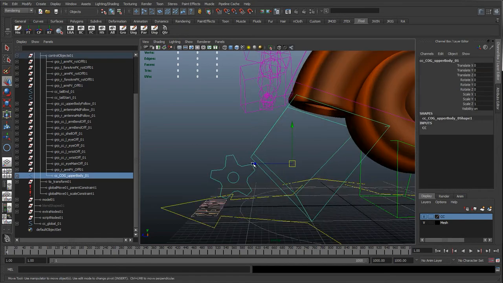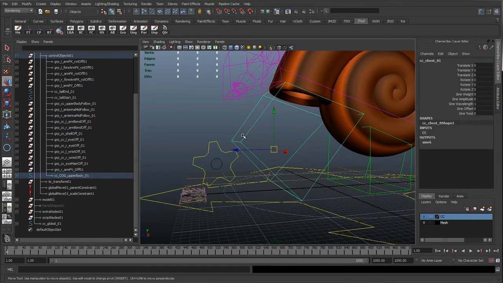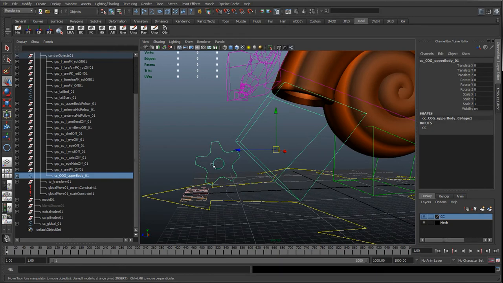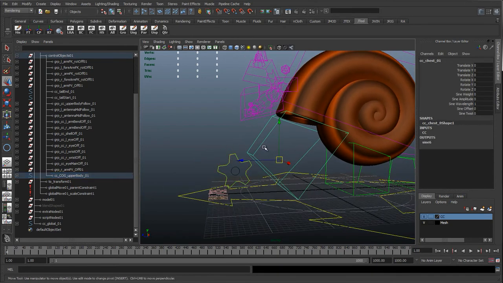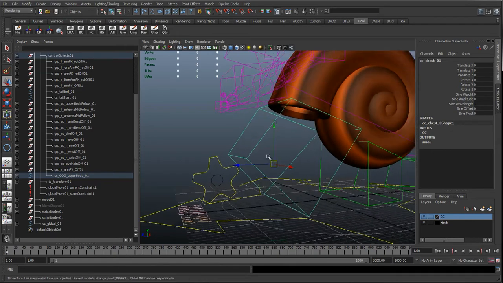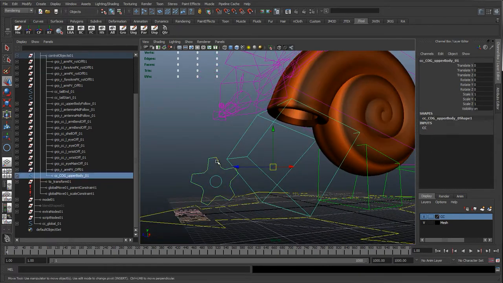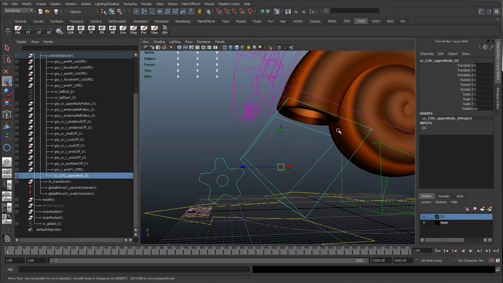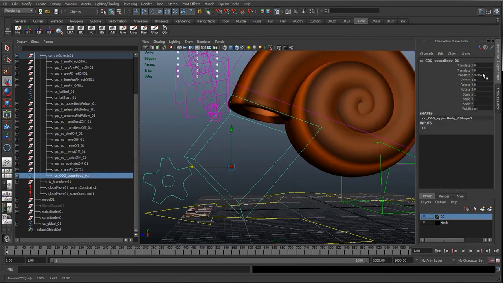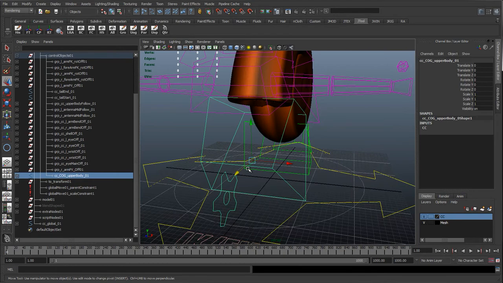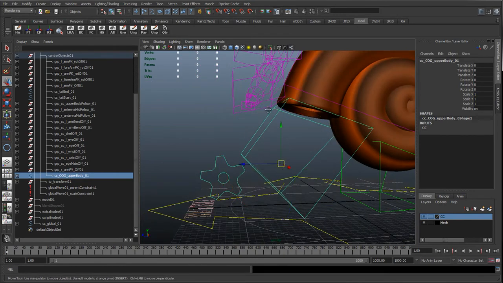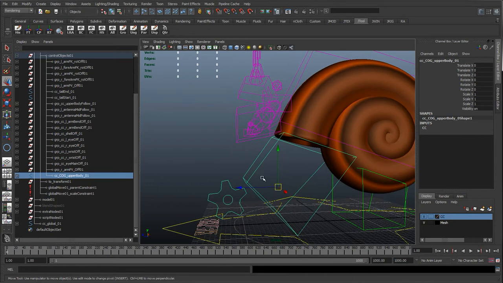So the reason I've parented this is if I wanted to move the chest separately, I just probably wouldn't animate this control down here. So I don't really need a follow attribute for this, because if I'm wanting to move the chest separately, or if I ever animate the cog, I will always want the chest to follow along. That's the whole point of this cog control, so I can move this in Z and it's only moving it in 1. So it's more of a set to the world rotation and translation. So if I move the cog, I will always want to move this chest control, so we don't really need to add a follow attribute.